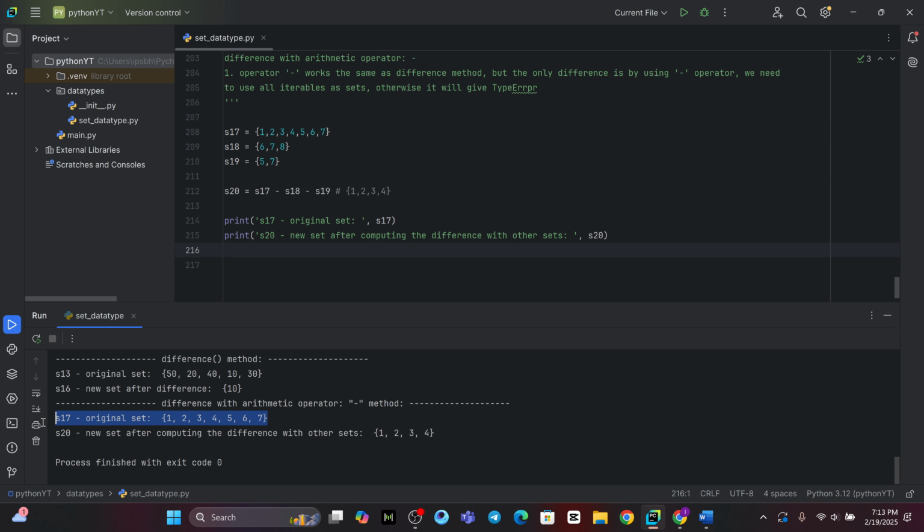So we had S17, which was our original set here. 1, 2, 3, 4, 5, 6, 7. That's what we printed. And after that, we said new set after computing the difference with other sets. 1, 2, 3, 4. So it is exactly matching our expected result here. So I hope you understood how this happened,